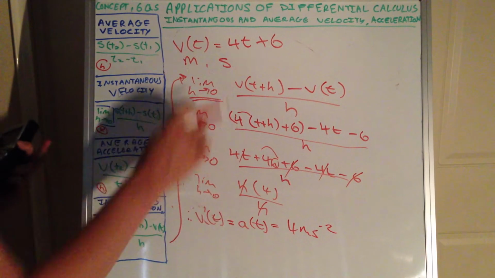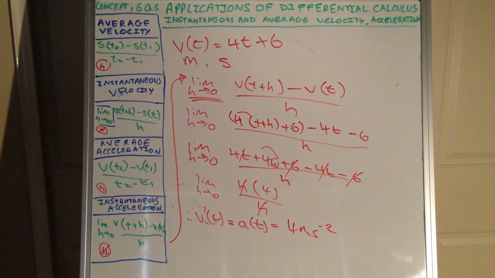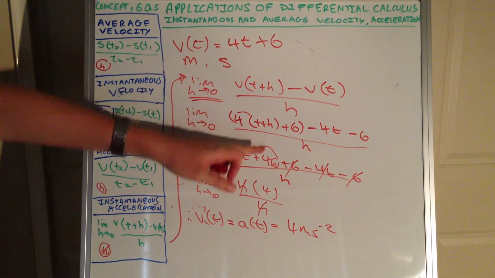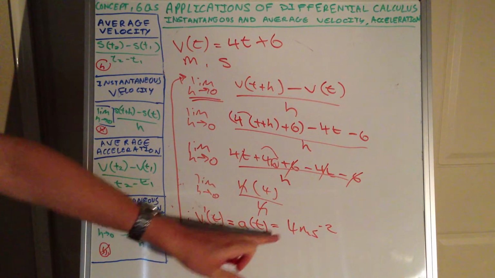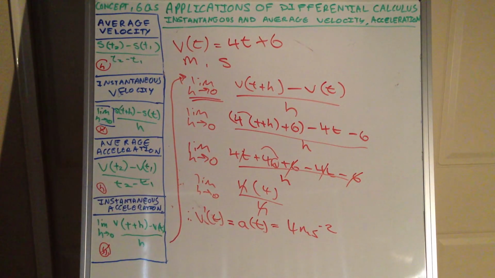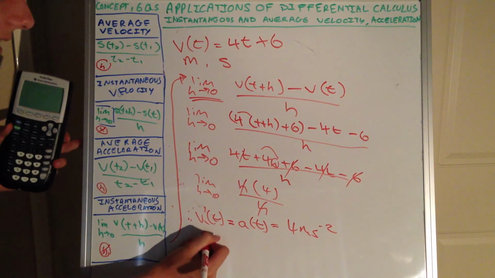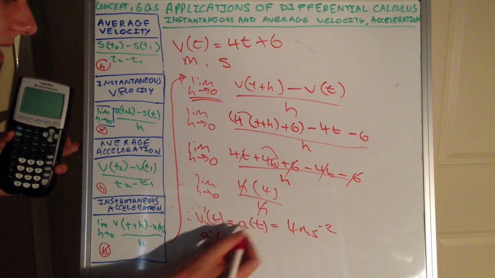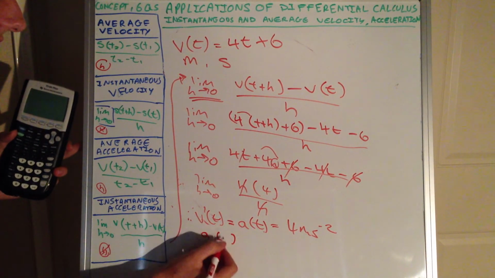So on our graph, when we have the value for instantaneous velocity at t equals, oh, I did t equals 4, didn't I? Oh, I did instantaneous velocity just for the general function. Yeah, but from that you can see that I've worked out the instantaneous velocity of the actual function itself. So now from that, sorry about that, I confused myself there, but we're looking for the actual acceleration at t